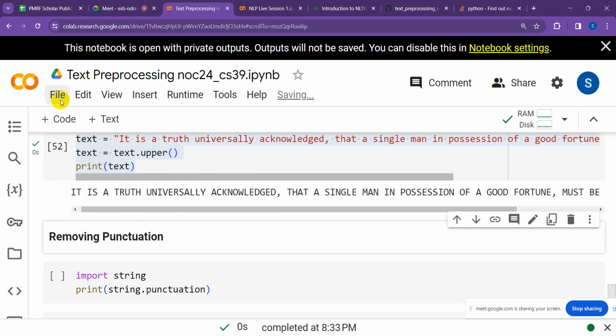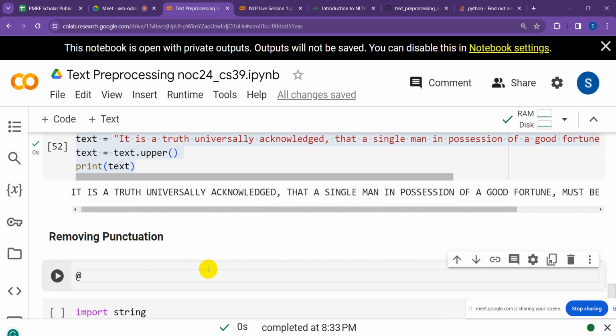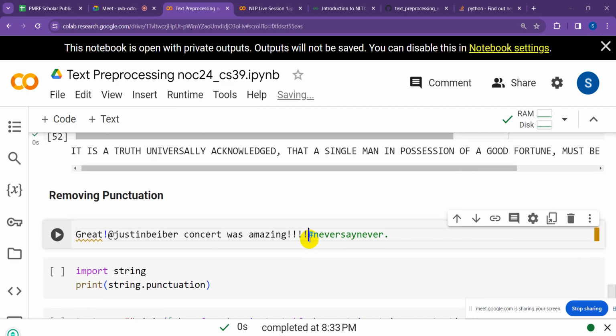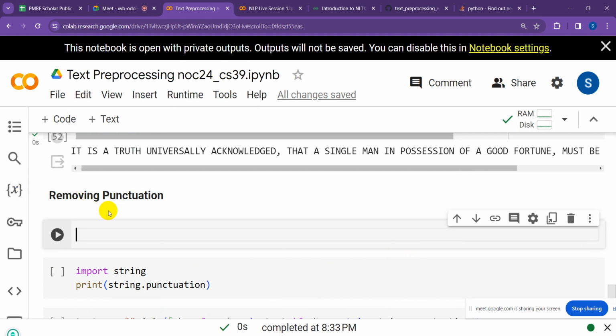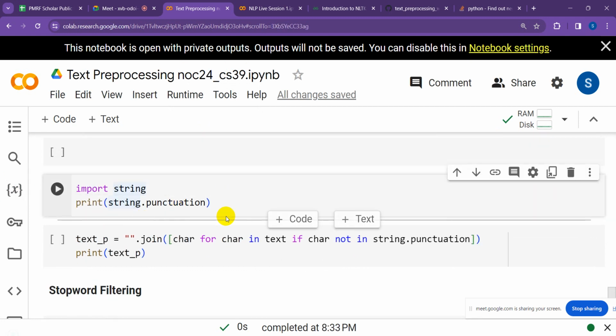If you see on Twitter, as sir has also given the example, there was one tweet at Justin Bieber, right? Let's say the tweet goes like this: "@justinbieber concert was amazing. #neversaynever". Somewhat like this was the tweet that sir was discussing, right? And I want to remove the punctuation from it. So what I will do,